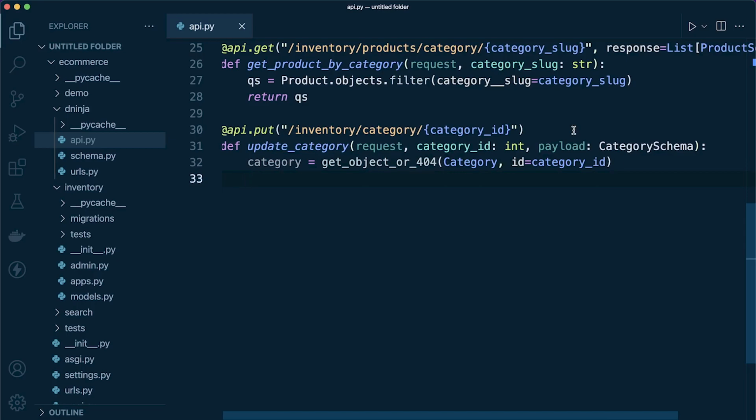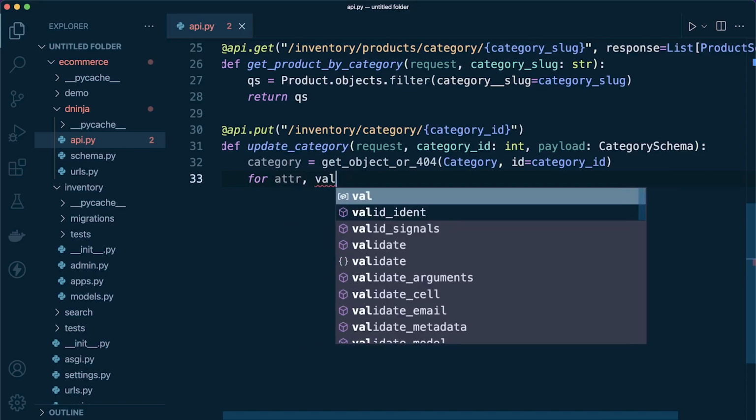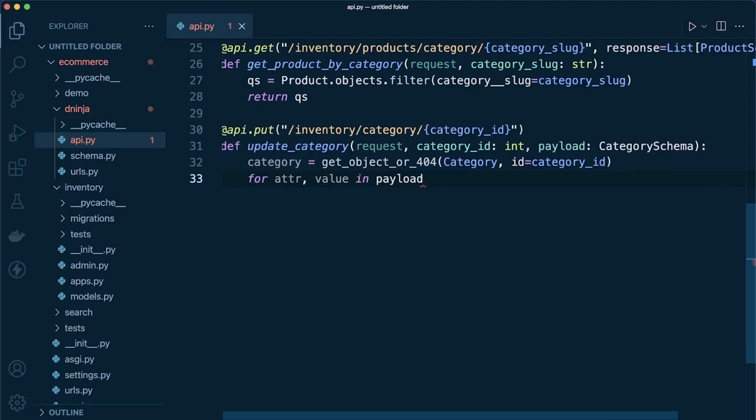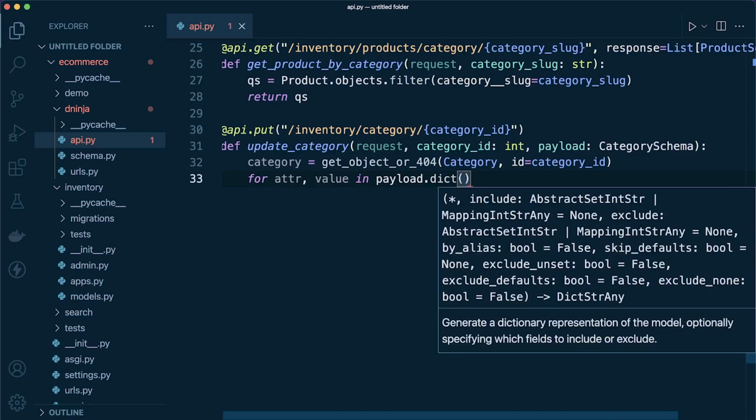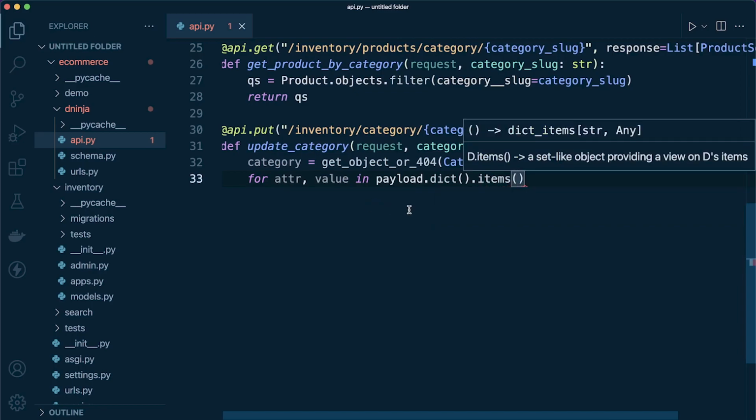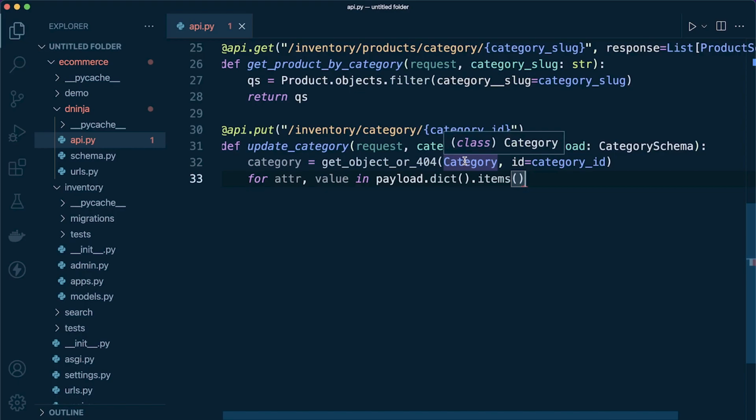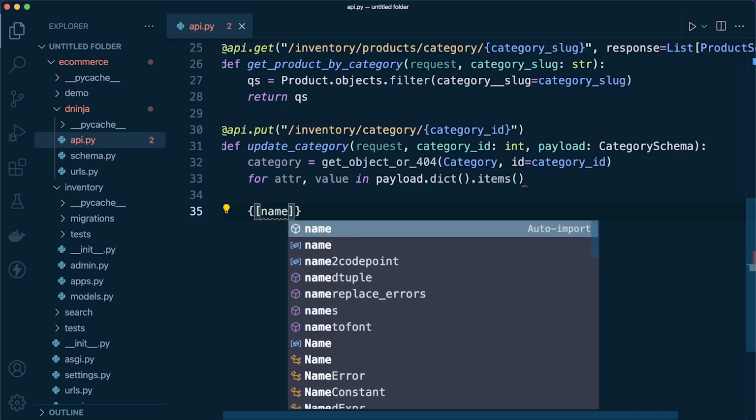Right, so now we've grabbed that, we now need to do something. So that's obviously, we now need to update, of course. So let's say for attribute and value in payload.items. So what we're doing here then, essentially we're going to grab the data from the database and we're creating a nested dictionary, aren't we? So essentially for each attribute that's been extracted from the table, we're creating, well, I'll just kind of show you what we're doing here. So essentially we're creating, I think, off the top of my head, a dictionary, but inside it's going to be like name,